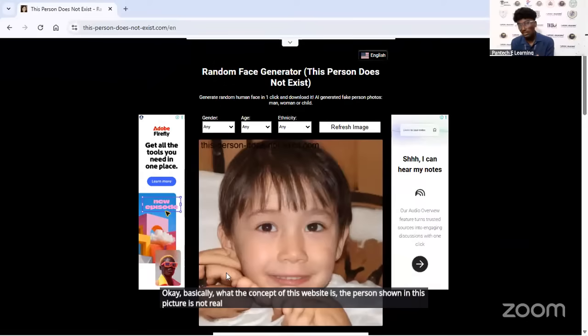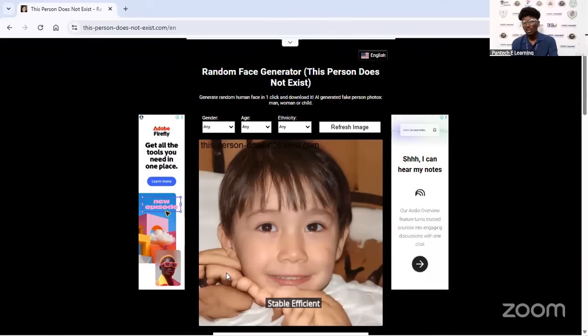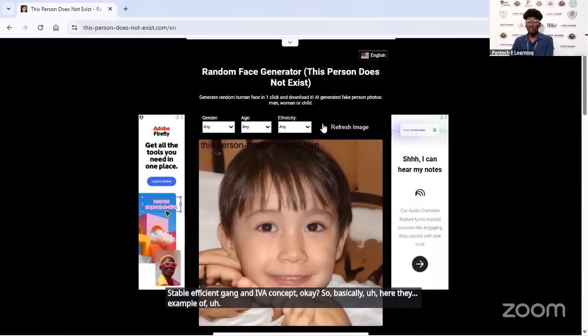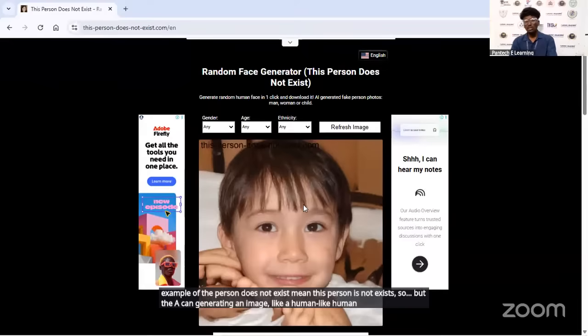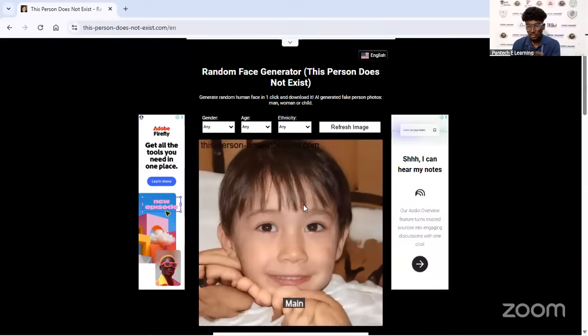It is created by artificial intelligence using stable diffusion, GAN and VAE concepts. The person does not exist, but the AI can generate a human-like image. That is the main thing of this project.